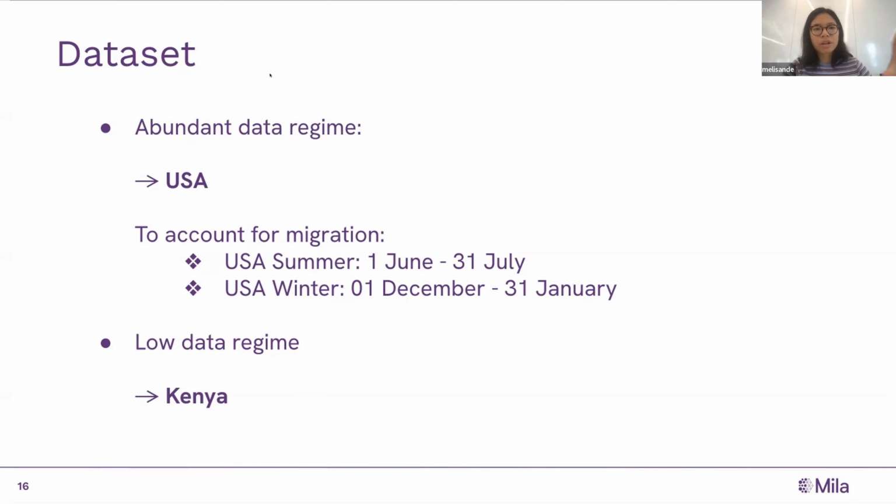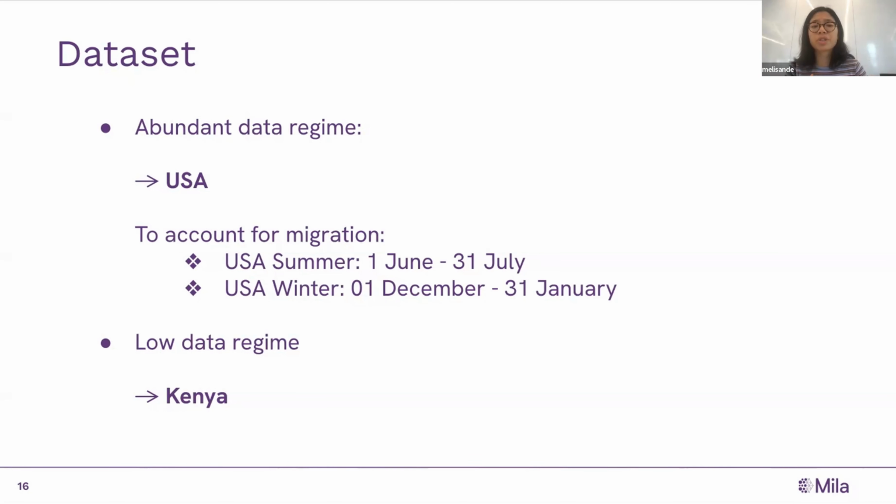First, we decided to focus on the US because that's the best use case scenario, where you have the most data in eBird. But we wanted to account for migration, so we created two subsets. One corresponds to checklists that were reported in the summer, and one for checklists that were reported in the winter. And that corresponds to breeding and non-breeding season.